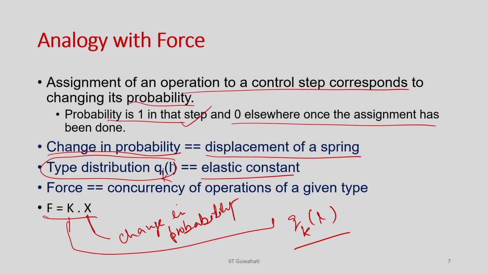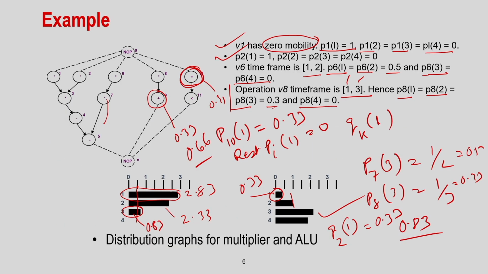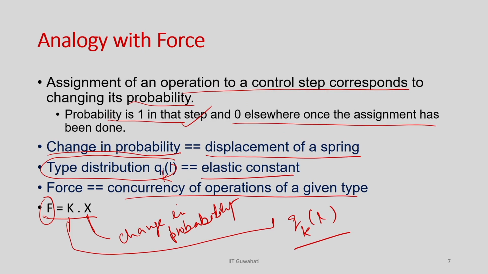Okay. And what is the force? I have already told you that force is nothing but the concurrency. So, if you have a high value, that means a higher concurrency. For example, here it is 2.83, a higher concurrency; here 0.83 is a lower concurrency, right. It is very obvious, right. So, concurrency defines the force. So, this is basically concurrency in our context,